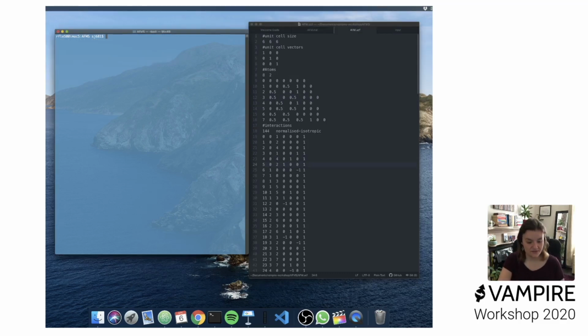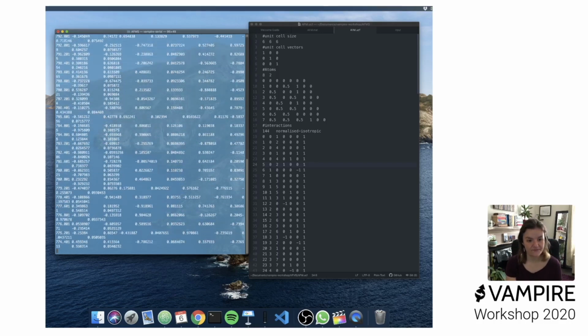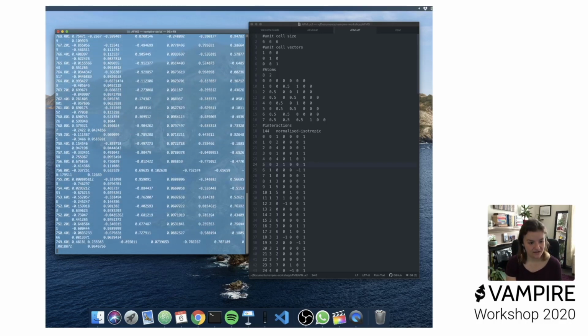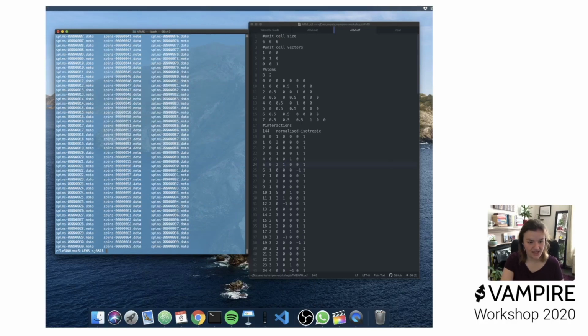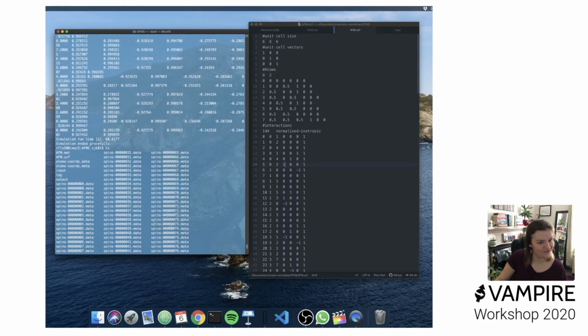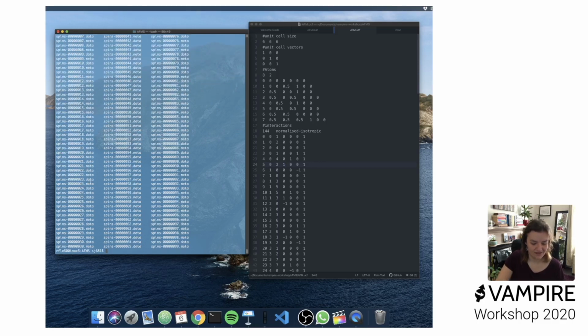Okay, so what I want to do is run Vampire. So in my Vampire folder, I'm just going to run it in serial, and there we go. It's running, it's slowly cooling, as you can see. So that is our simulation completed. As you can see here, I've created lots of spin configuration files, but we've also got an output file. So if we have a look at our output file,